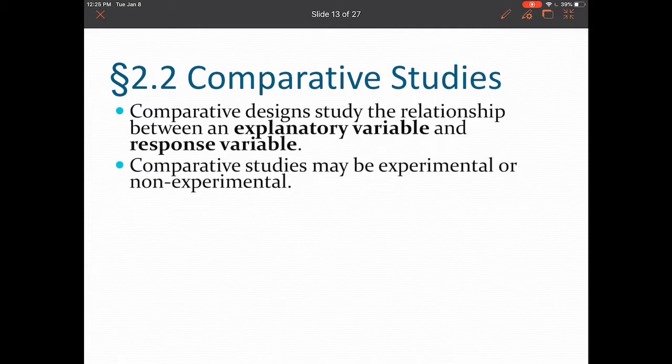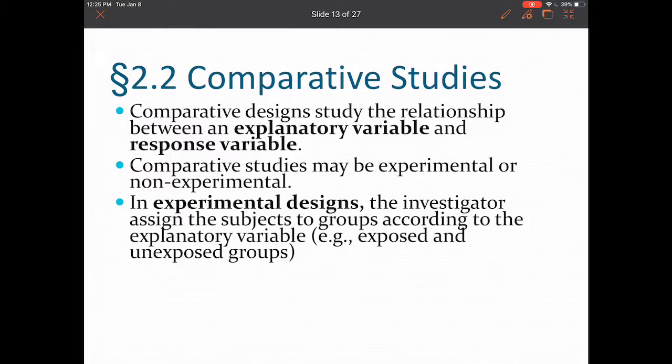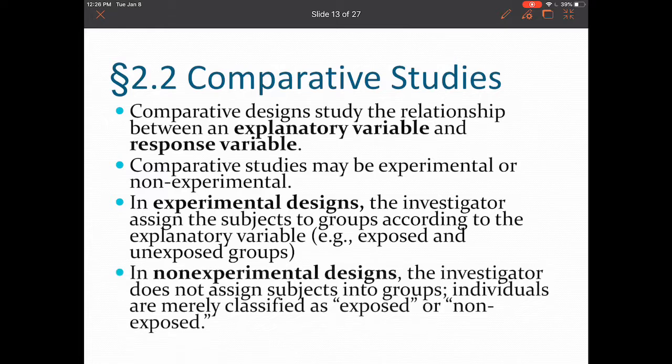In comparative studies, which may be experimental or non-experimental, you can have explanatory or response variable. In the experimental design, the investigator assigns the subjects to groups according to the explanatory variable, right? So this is the key part here. You have an experimental design, the investigator is going to assign groups according to the explanatory variable, i.e. they're going to be exposed or unexposed. Whereas in non-experimental designs, the investigator doesn't assign subjects into groups. Individuals are classified as either they have been exposed or non-exposed